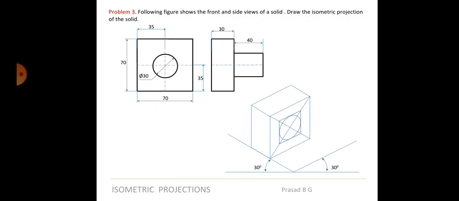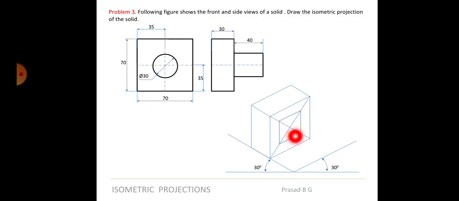How to do the ellipse here? Same procedure. There is no difference here. Same way as you did there, you have to do here. So what you need to do now, you will take this, not this one, don't take this as the reference. Here you have to take this as the reference. From here you draw a line to this midpoint. From here you draw a line to this midpoint. From here you draw a line to this midpoint. From here you draw a line to this midpoint and draw the ellipse.